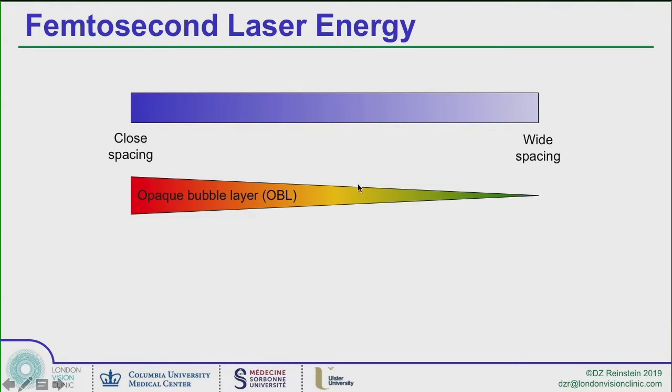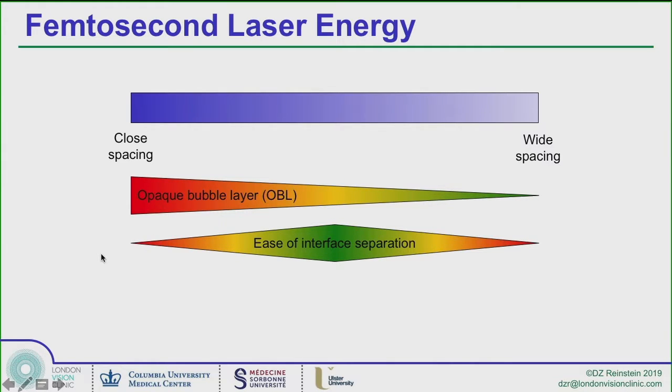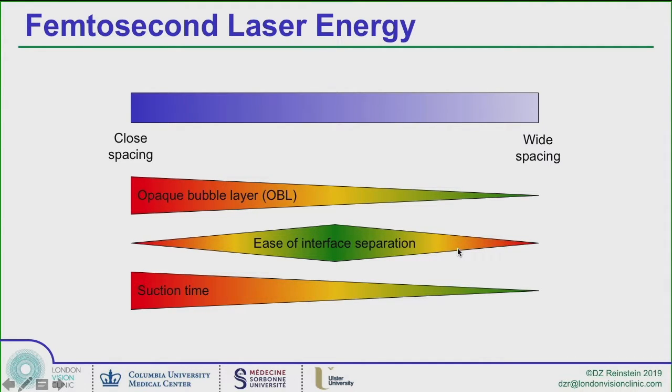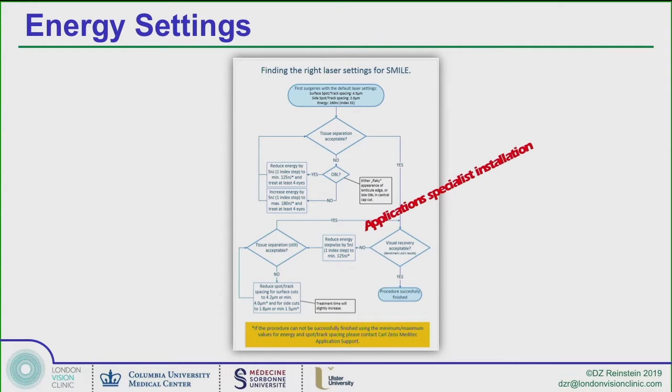In terms of spacing, of course, the closer the spacing, the easier it is to separate the lenticule, but the more OBL you'll get, and again, the more irregular the cut can be. So you need to back off on the closeness of the spacing so the ease of separation improves, but not too wide because then the ease of separation decreases. And of course, the smaller the spot spacing, the longer the suction time, the greater chance there is of an eye movement or a suction loss. So energy settings is one of the biggest pitfalls of people starting SMILE, and you need to be very, very